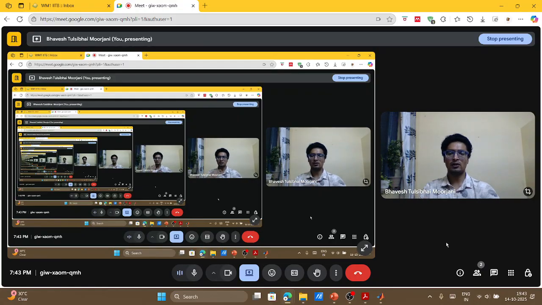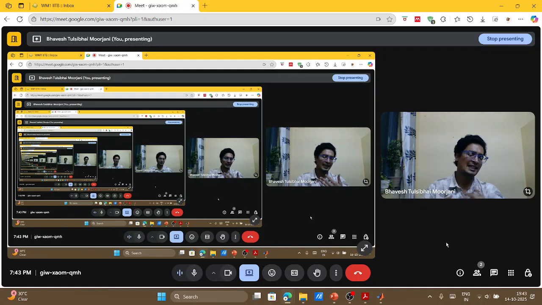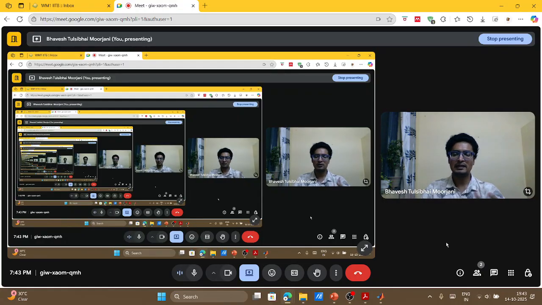So such sort of conditioning, such sort of logic building is also required in your system: at what condition should I operate my plant, or my reactor, what temperature and pressure condition, so that I get the maximum yield, right? At what temperature and pressure should my distillation column operate, so that I get the maximum separation, or what should be the optimum